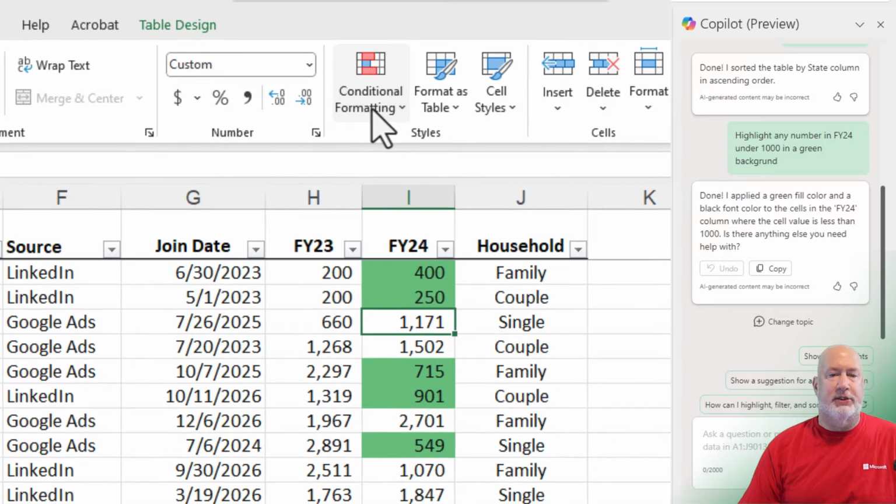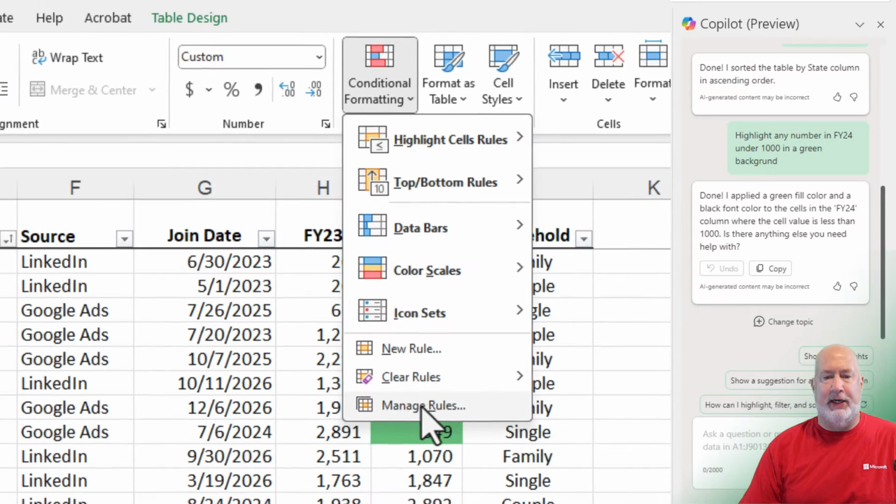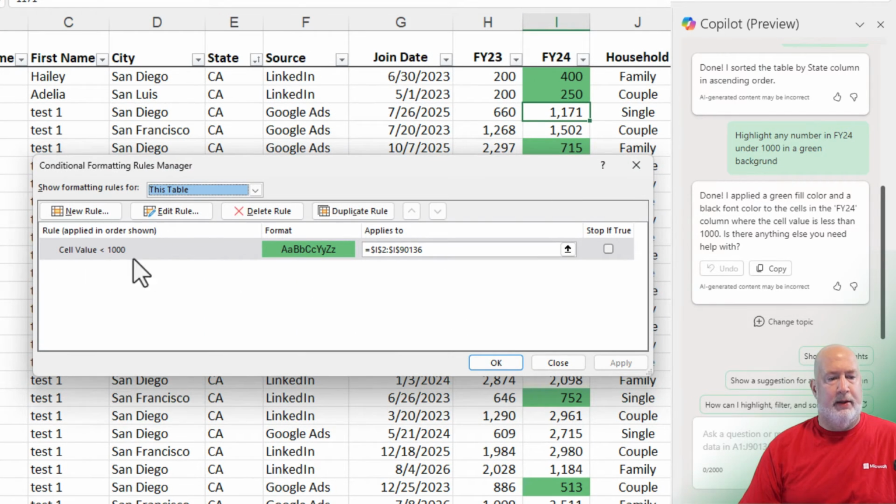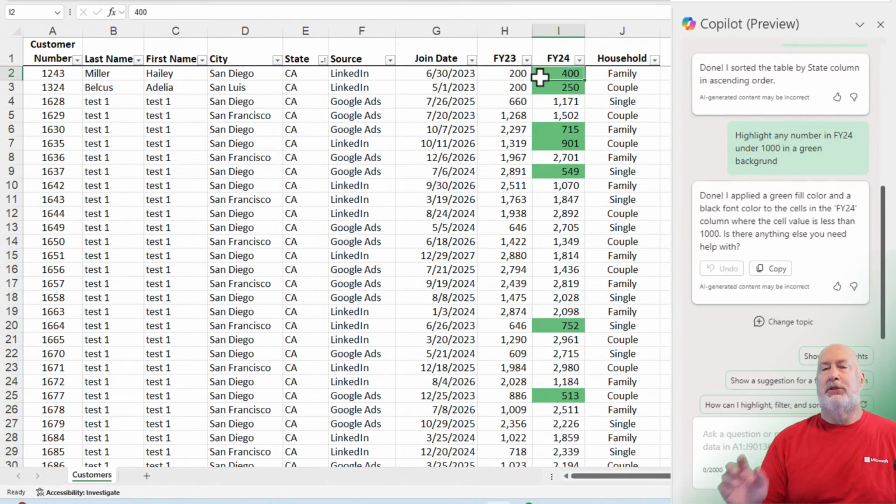The real test though is to go to conditional formatting and hit manage rules. Cell value less than 1,000, green. Perfect. Just so you know this, I'm not doing it now, but I wrote 3 conditional formattings one time in the prompt box and it got it correct with no issues at all. Let's try one now using last one. So far this is working with my 90,000 records.